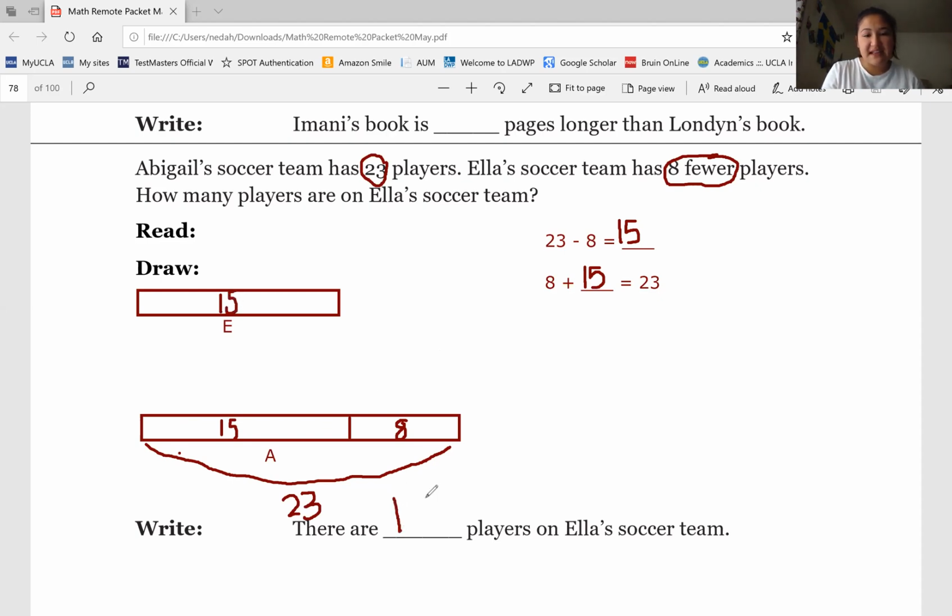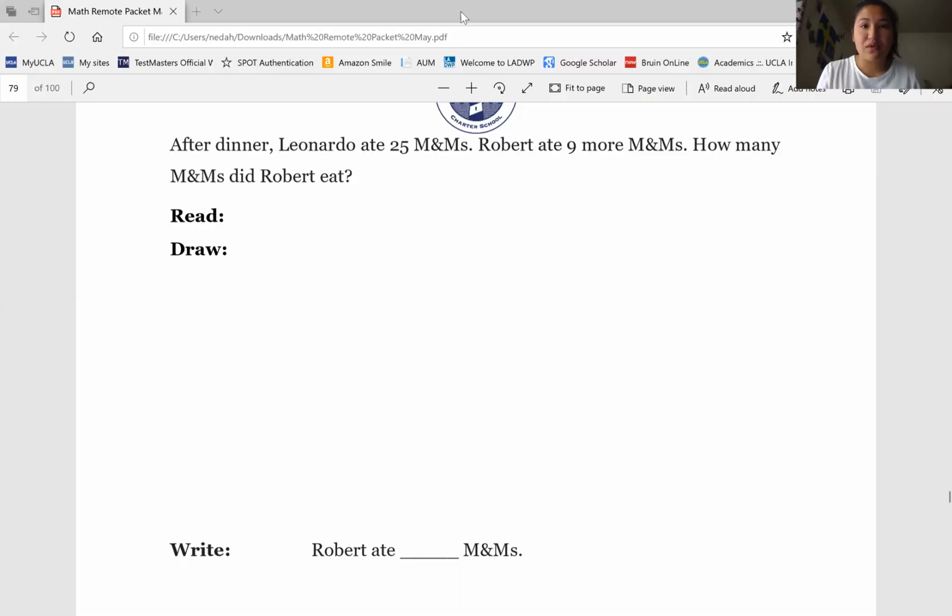Let's read the answer statement together. There are 15 players on Ella's soccer team. Nice job, scholars, if you got that one. Let's go on to the next one. We're reading on